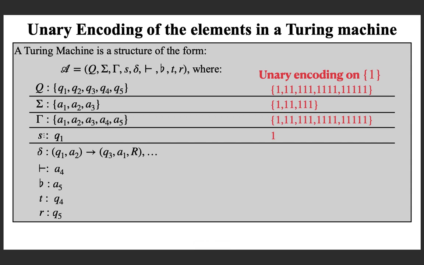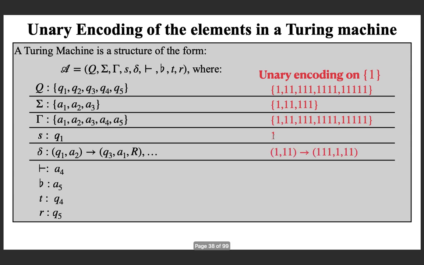Now what is this small s? It is a state, and which is that state? Q1. Its representation is 1, and that is what you are writing here. The start state is the first state in the state set, is what it is representing. Now a transition like this can be represented as from the first state Q1, if you are reading the second alphabet, that is A2,